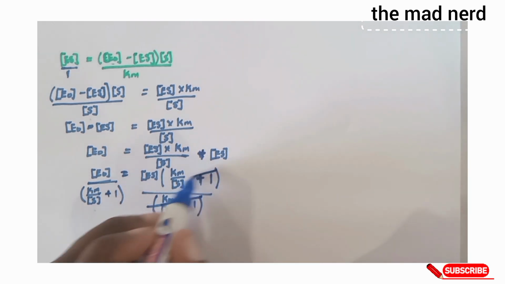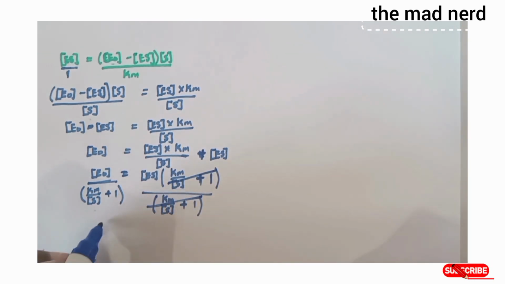Since this one cancels over this one, we are left with the concentration of enzyme substrate ES over here, and that equals